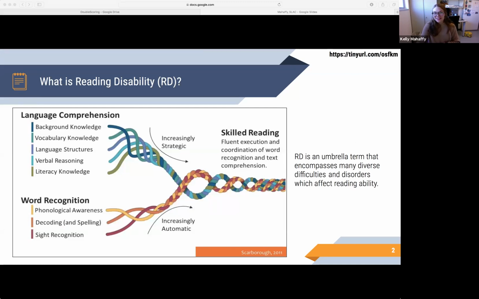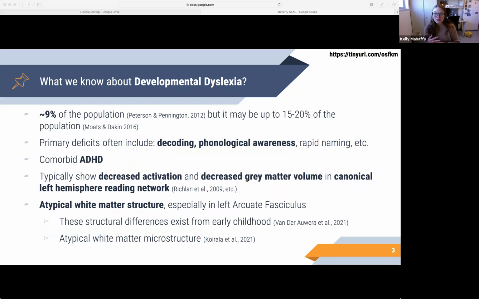With that being said, dyslexia is probably the reading disability that most people are the most familiar with. Of course, I can't cover the vast dyslexia literature even in this hour, much less in a single slide. I can't even cover the work that our community does on dyslexia in that time. So I thought I would highlight a few of what I consider the most important and most exciting findings about